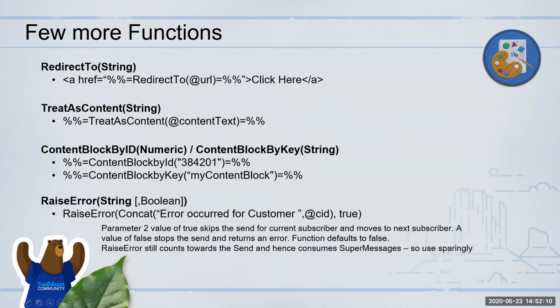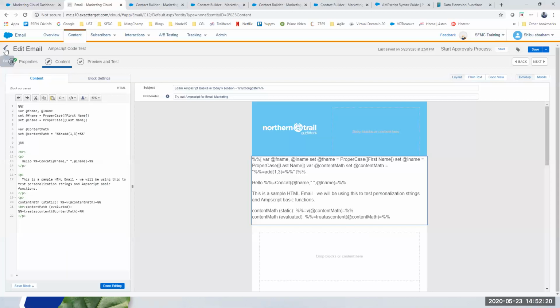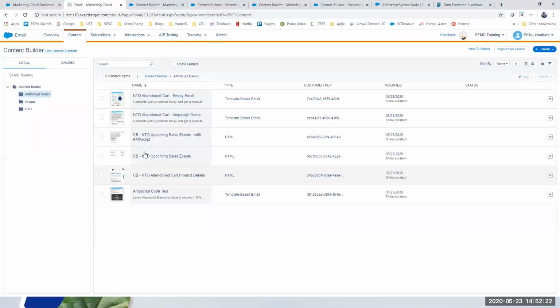Then there is something called content block by ID or content block by key. In email we have content blocks, right? So if I go here, let me go back. These are all content blocks.